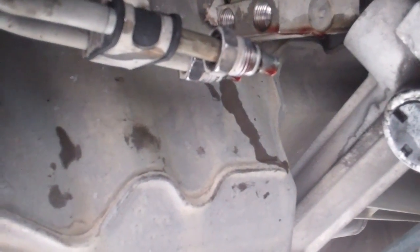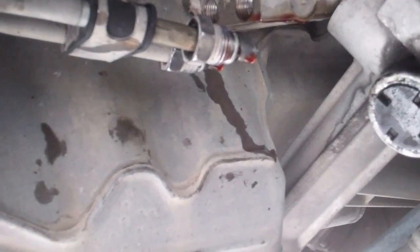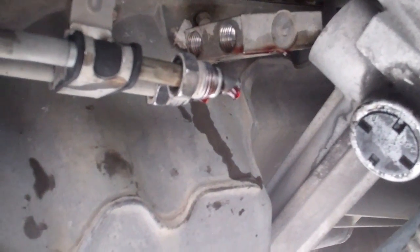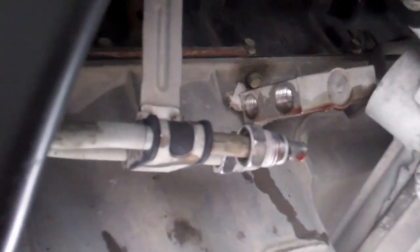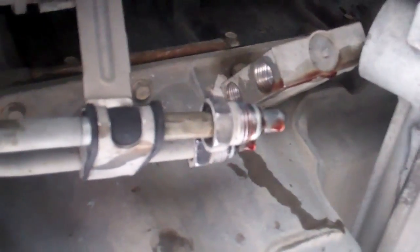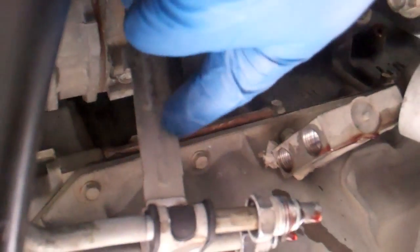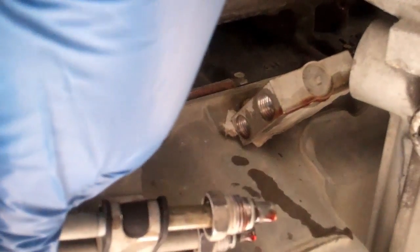I also removed a mounting bolt. It's a 1/2 inch bolt, but it's about 6 inches long, so it's kind of weird. You have to get in there with the socket extension at first and then remove the extension to get the bolt out. But that's what holds this mounting bracket up there, so it allows you to drop this down, which hopefully the